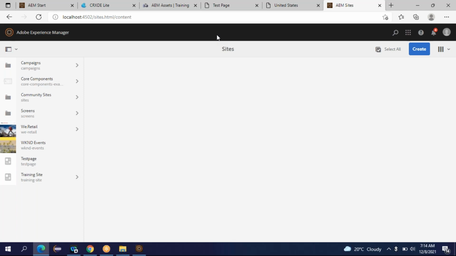Then why are there two consoles with the same functionality? Sites.html supports touch enabled devices as well as classic UI devices. Classic UI devices means your laptops, desktops. Touch enabled devices means your mobile phones, tablets. Using both touch enabled and classic UI devices, you can access sites.html, create the pages, and create the website. But using the site admin console, you will be able to use only classic UI devices.